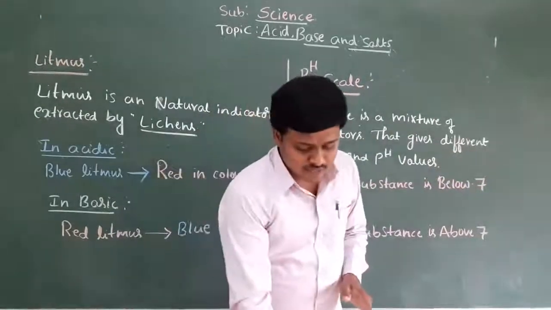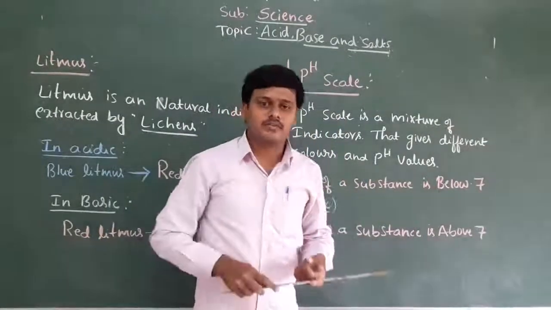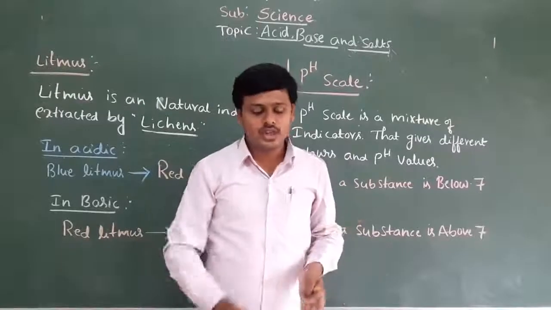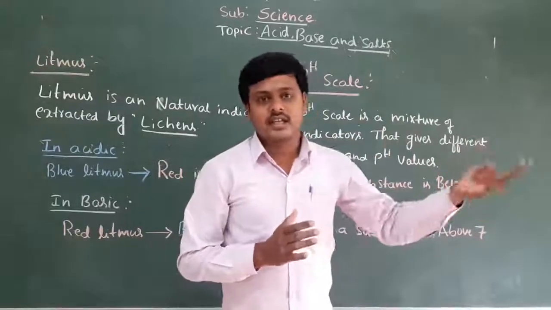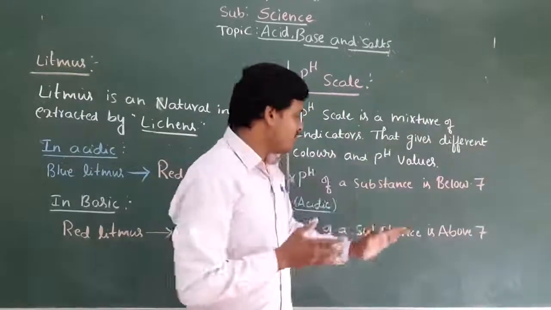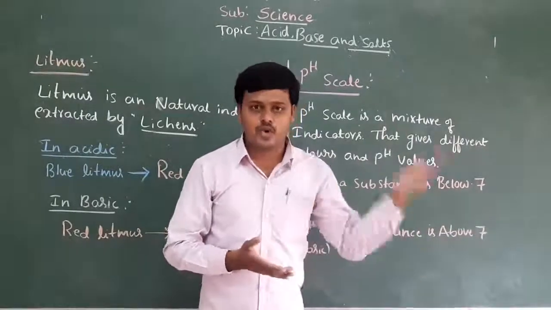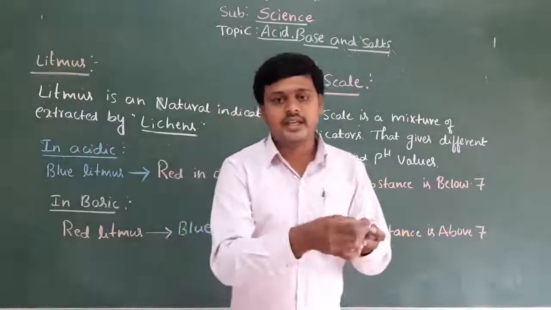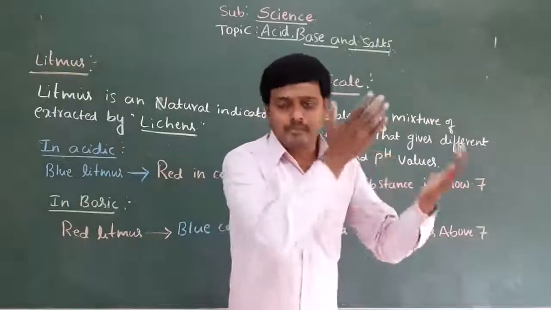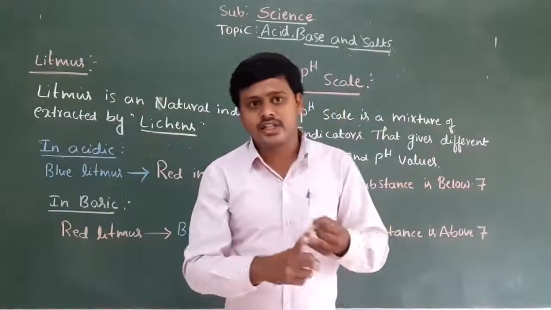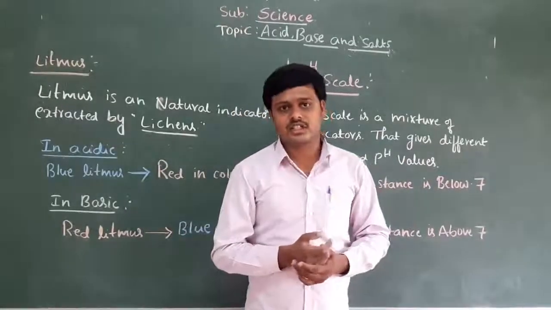If it were concentrated, the number would reduce from 3. If the medium is below 7, on the pH scale 1, 2, 3, 4 indicate strong acid, and 5, 6 are weak acid. The same applies to bases: above 7, from 7 to 14. So 7, 8, 9, 10, 11 are strong bases, and 13 and 14 are weak bases. Have you understood these concepts, children?